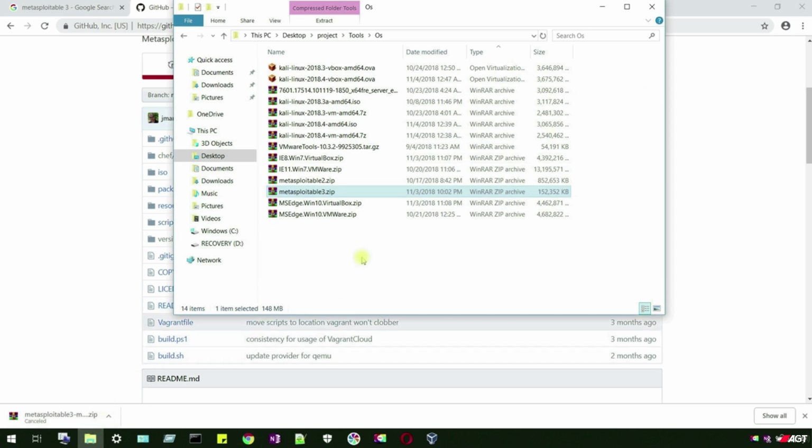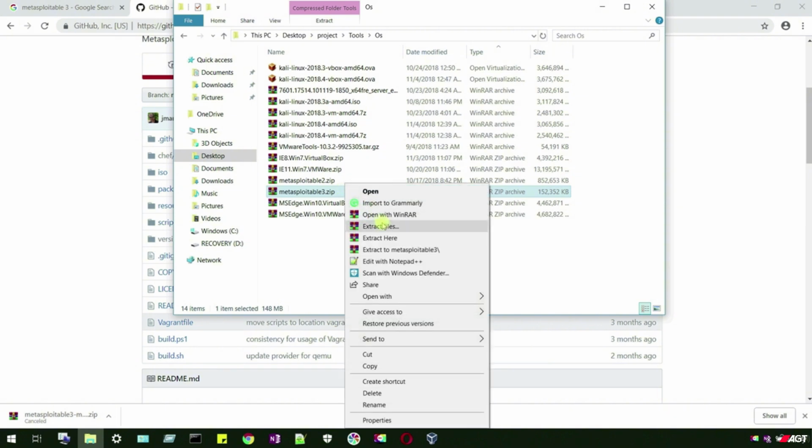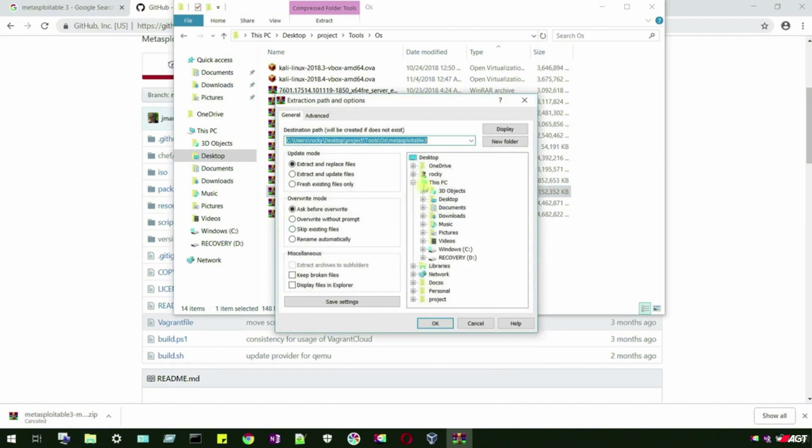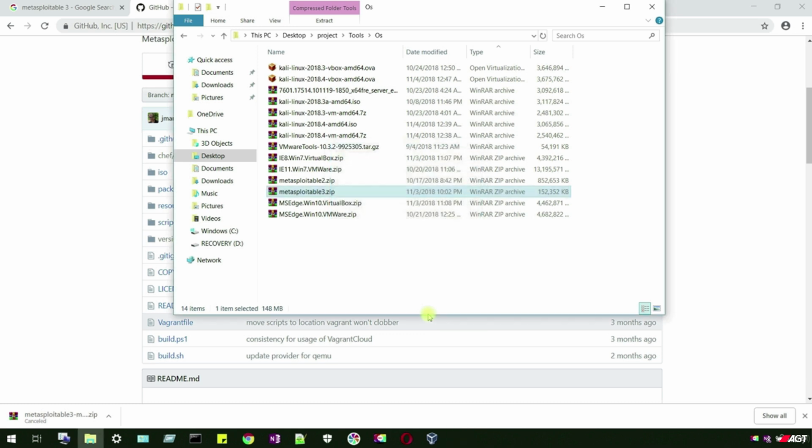Then I'll go to my Tools folder. Now, you can right-click on the Metasploitable 3 archive and extract it anywhere you want to. I'm going to extract it to my desktop. Okay, great. So extraction is completed. Now, open the folder that you extracted the files to,